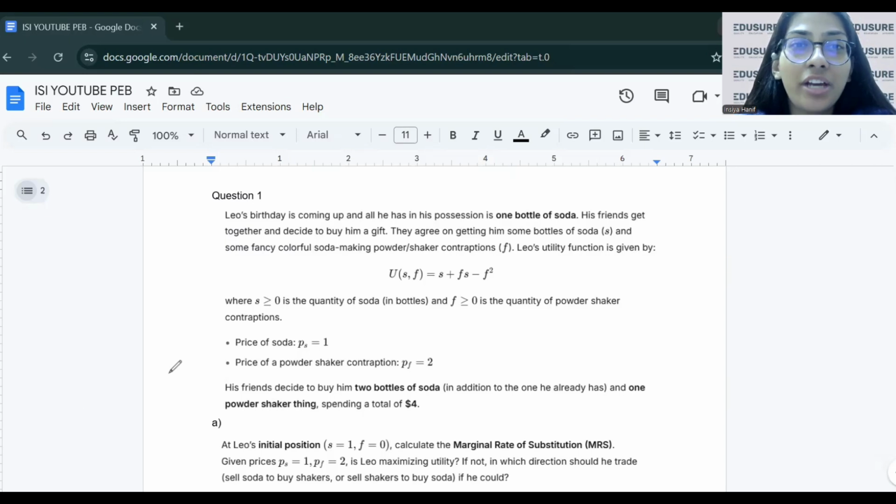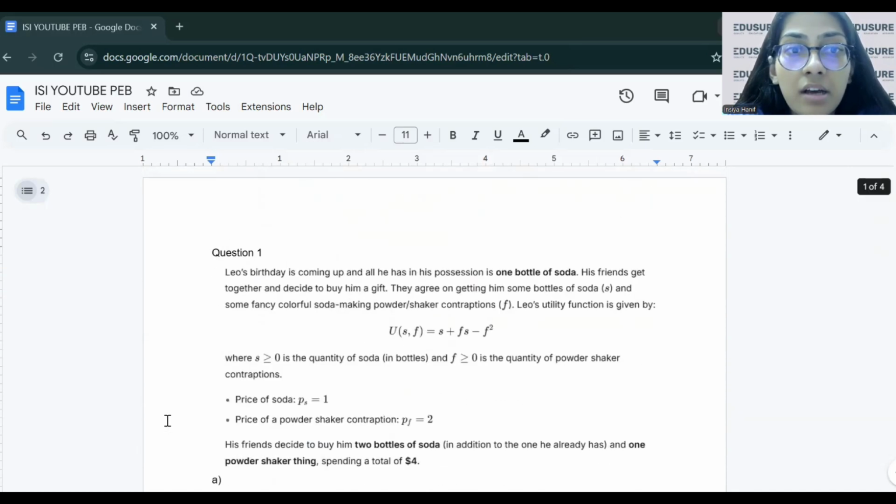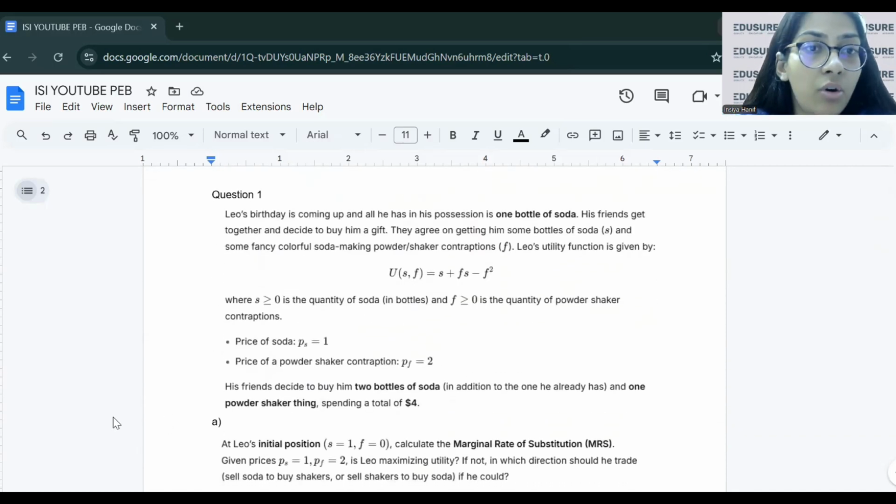हाय गाइस, आज एडिशॉल आया है आपके लिए ISI MSQE PEB का एक सैम्पल क्वेश्चन जो कि बेस्ड है ऑन कंज्यूमर बिहेवियर। एंड आज ये क्वेश्चन मैं आपके सामने पूरा सॉल्व करने वाली हूँ, ओके, ताकि आपका अच्छे से PEB का प्रैक्टिस हो। ओके, यू कैन सी कि इस क्वेश्चन में देयर आर 4 पार्ट्स, तो सारे पार्ट्स हम आज इस वीडियो में सॉल्व करने वाले हैं। ओके, सो लेट्स गेट स्टार्टेड ऑन दिस।